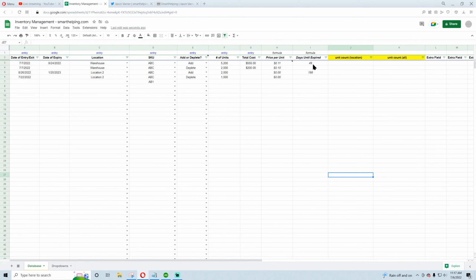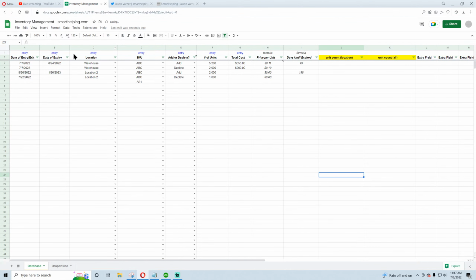Okay, so let's think if there's any other columns that we want here, or any other logic that would need to be built. I think the expiry thing's pretty cool. These automated calculations are good. Oh,